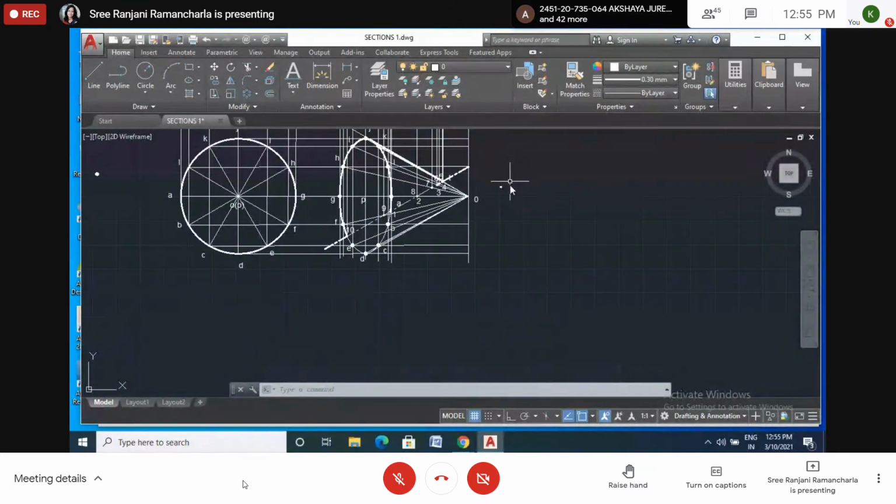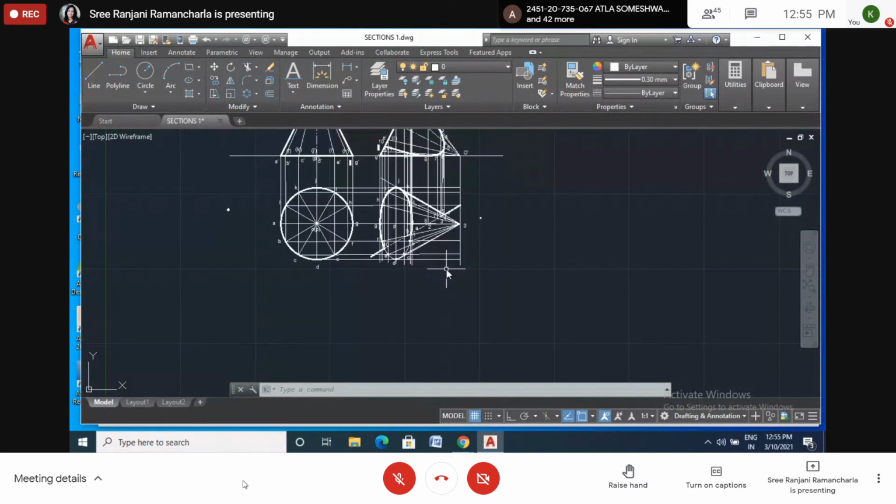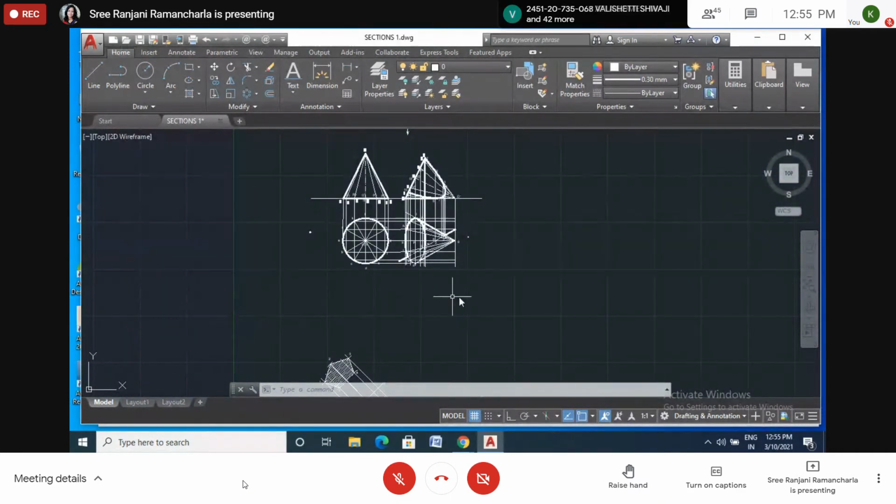For the true shape, here we can draw this portion. Those who do not have a place to draw this portion, please attach one small drawing paper at this portion if it is not possible for you. A small paper of the whole width of the paper. Even if you have drawn in a horizontal way, you can attach a small paper, or in a vertical way also. For this problem, it is better to do it in the vertical position only. Keep your A4 size in the vertical, then it is possible to draw this portion.